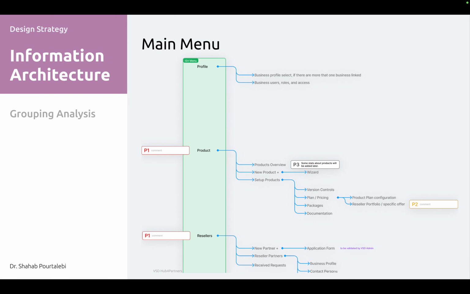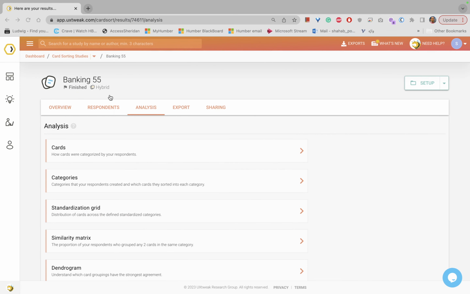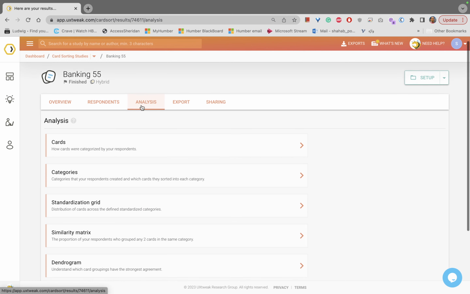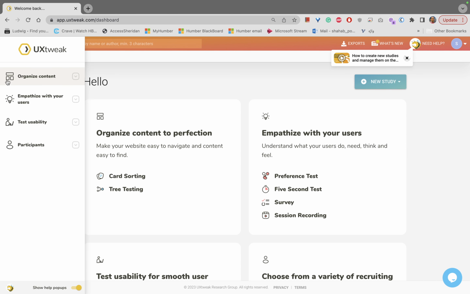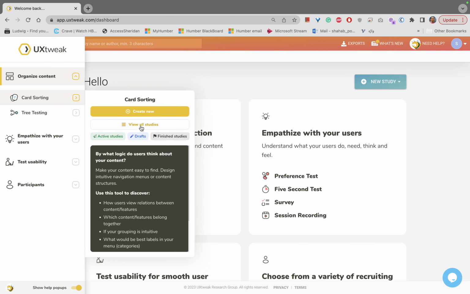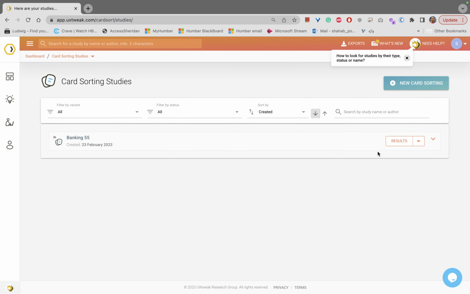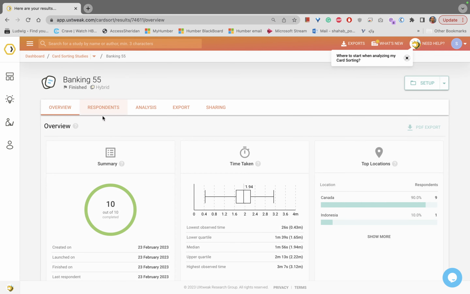Before showing this part, let me also show you here, if I go to the home page, I'm gonna show you how to get there. If you go to organize content, then you would be able to see card sorting here as a sub menu. Then you could click view all studies, and this is my study, the study that I created. Now if I click on results, I'd be able to see all the details of the results, like